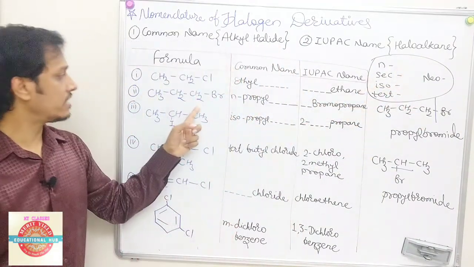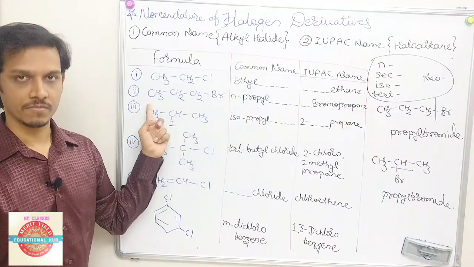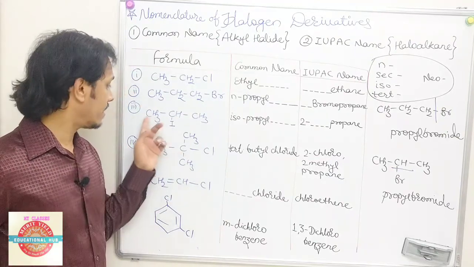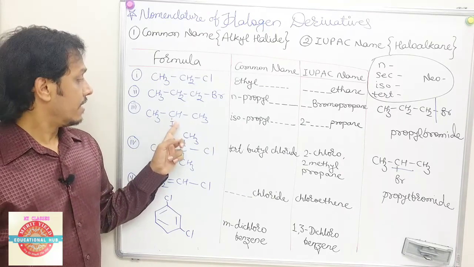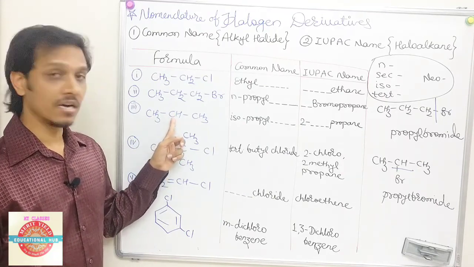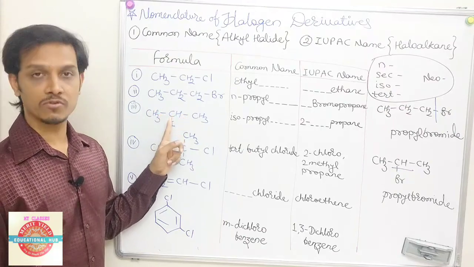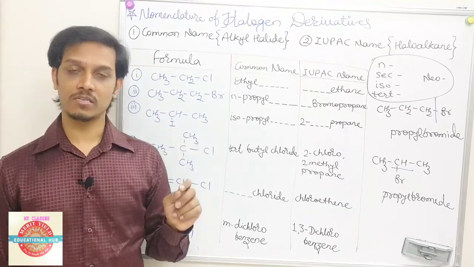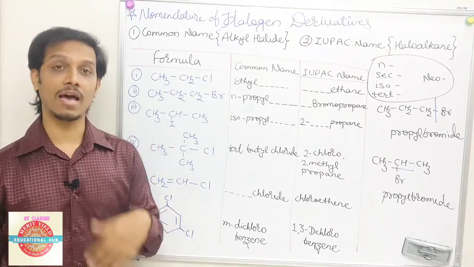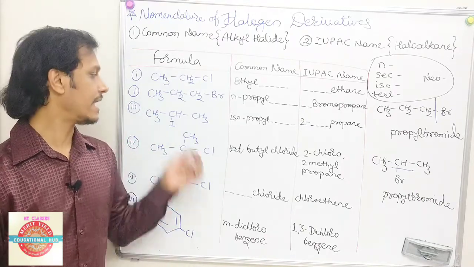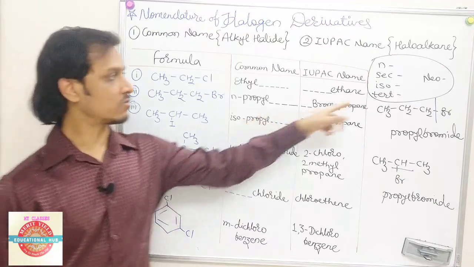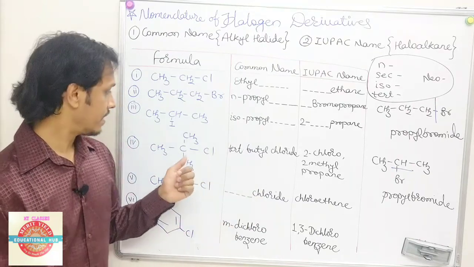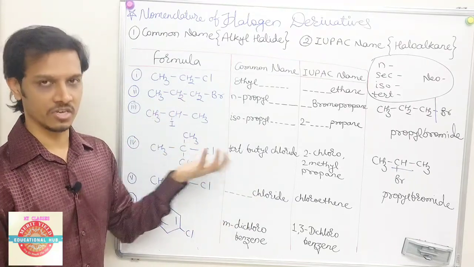N comes when the whole system is a straight line. All the carbons present are in a straight line, then it will be N. Here, a halogen is bonded to a carbon which is bonded to 2 different carbons and shows the mirror image also. So in this particular system, when the halogen is bonded to a carbon on which only one methyl group is present, then that system will be called an iso system. If the halogen is bonded to a secondary carbon, then it will be a sec system. We do not have any example of secondary here, that's why I'm mentioning the rule only.